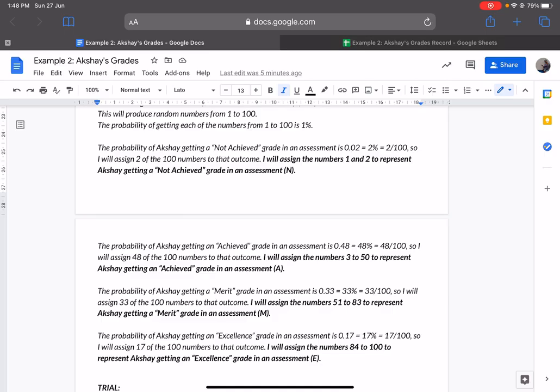So that's 48 out of the 100 numbers, so we're going to assign 48 of those numbers to that outcome. We've already assigned numbers 1 and 2, so we can't use those, so we'll start from 3, and the next 48 numbers after that is from 3 to 50. So you take the last number that you used, and you add the next 48 to that. So 2 plus 48 is 50, so the next 48 numbers after 2 is up to 50, so from the numbers 3 to 50. And these represent Akshay getting an achieved grade in an